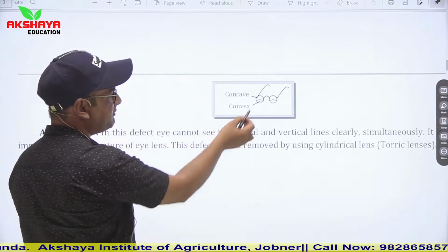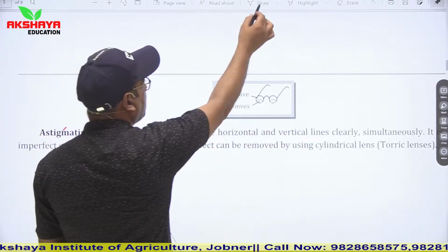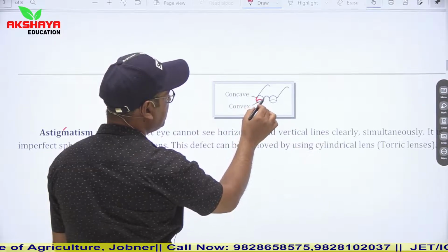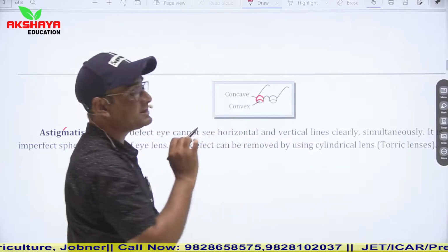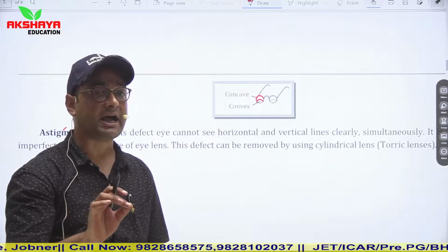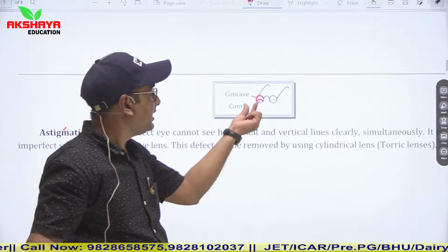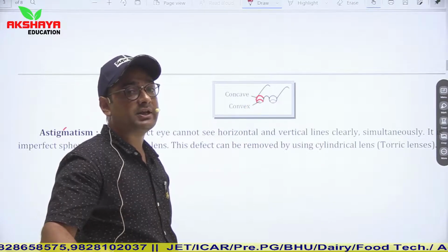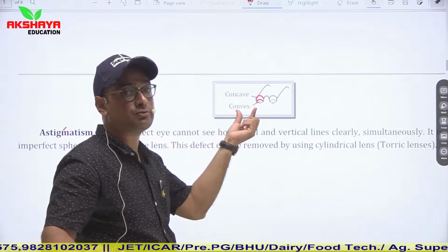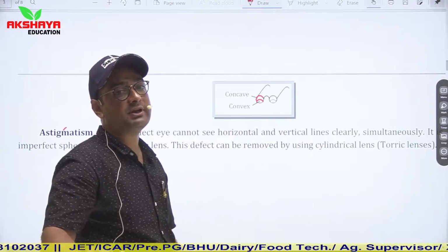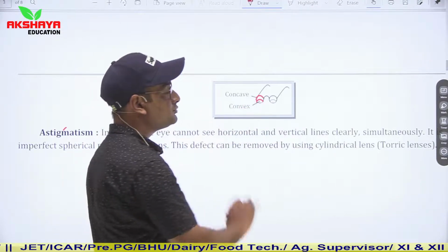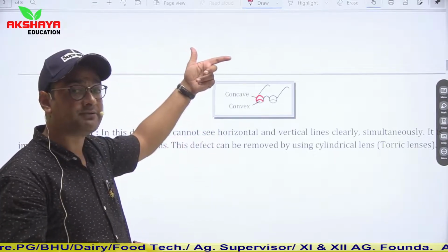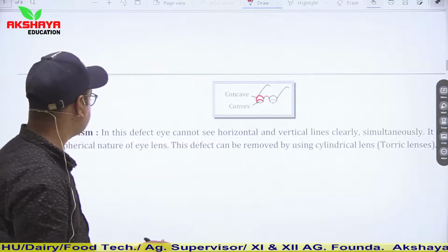So this is the nature. We will use concave and convex both. The convex lens is fitted at the bottom and the concave lens is fitted at the top, because the convex lens is basically used to correct hypermetropia, in which near objects cannot be seen clearly. So the convex lens is used to make clear images of nearer objects, and the concave lens is used to make clear images of farther objects. Hence the concave lens is fitted just above the convex lens.